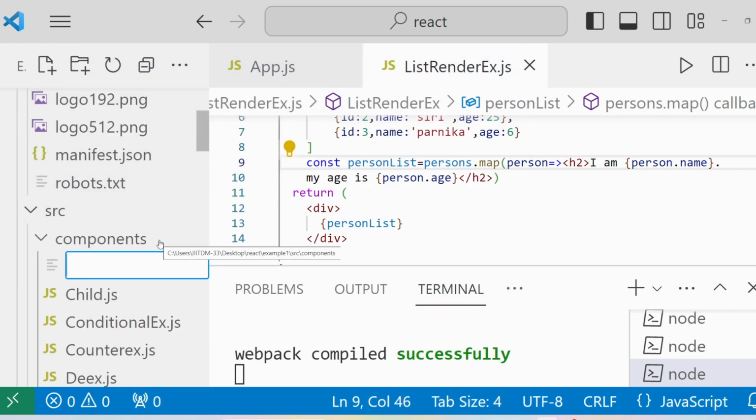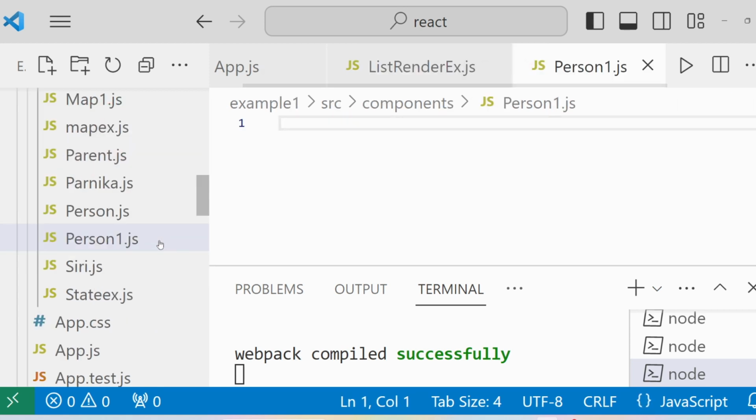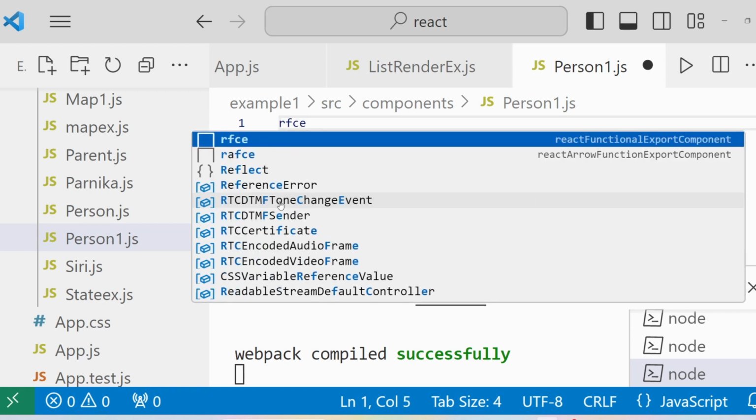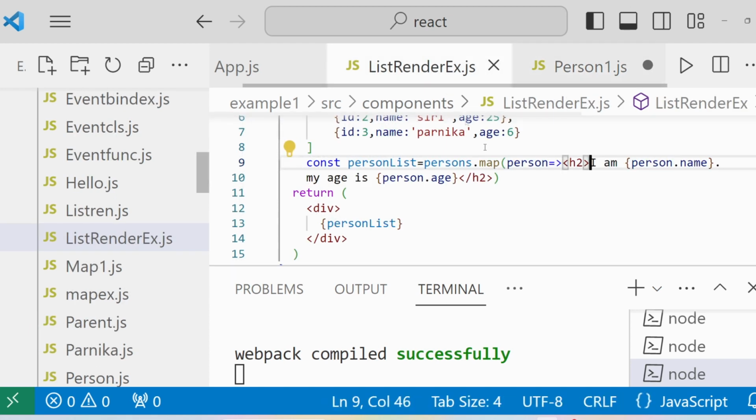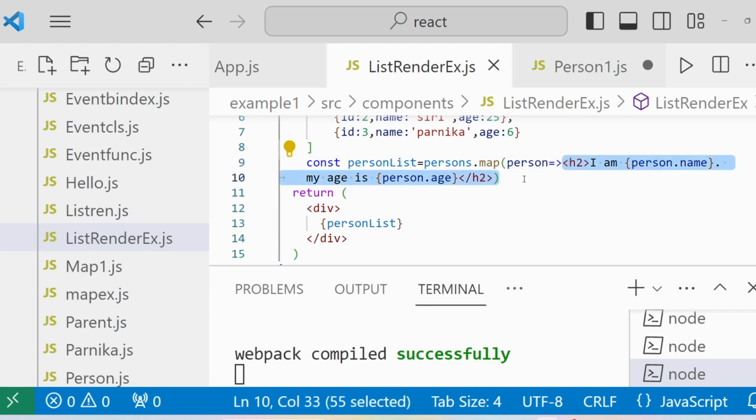To do this one, let me go to the components, right click on it and click new file, and then I will give person1.js. Let me press enter. In this file we want to create a function component. So what I will do, I will use the React snippet. Using the React snippet, if I press RFCE, then you can find the functional component. So I have successfully created one functional component called person1, and whatever the h2 tag is there in the list render ex, I can remove it and paste it in the